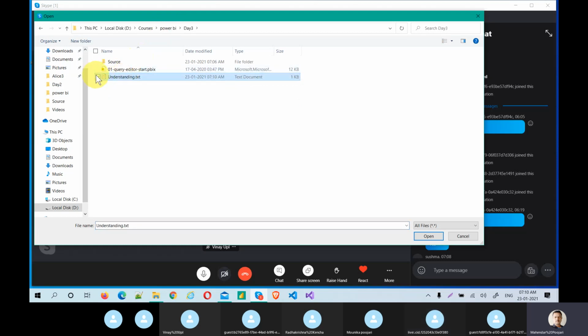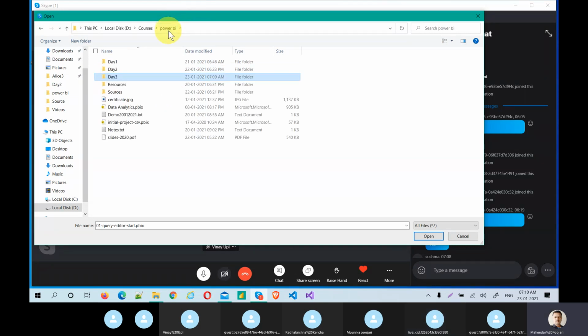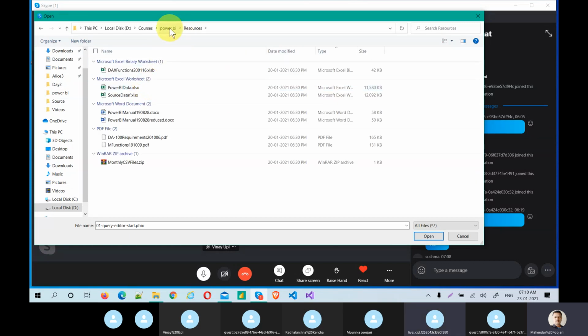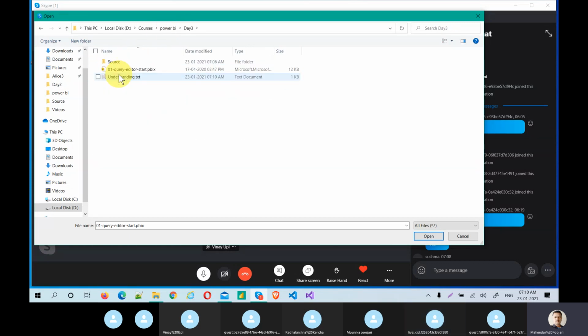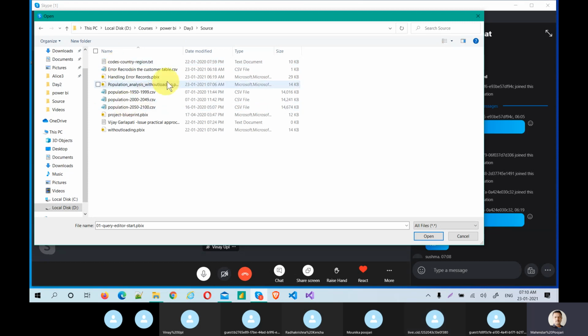Understanding is not required for you anyway. Where is that? Where did I save it? Okay, let's go back to day 3. Sources. Yes, I think it's here. I'm giving this handling error records also, because I just created it to help you understand how to export your error records.